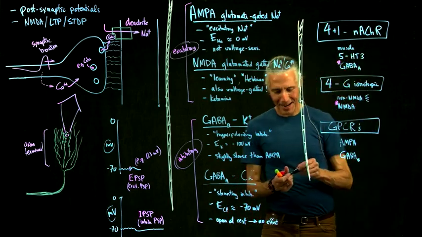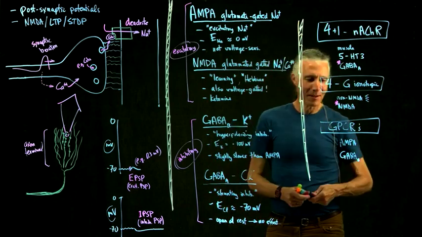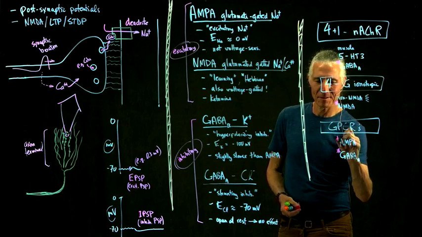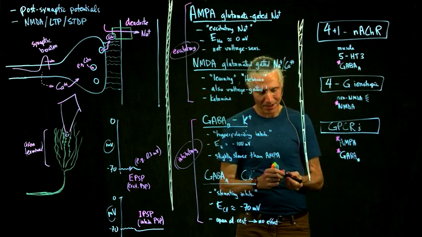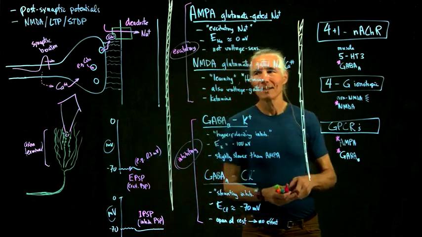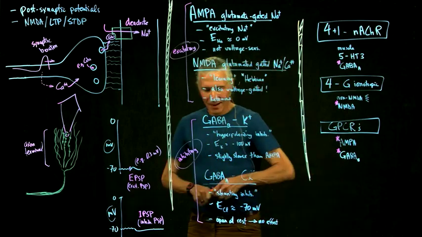GABAb. Okay, got it. Okay, so that's one that we talked about. That's the potassium channel. Okay, we talked about the AMPA. That was the glutamate. Okay, very good. Okay, so those are the structural classification, functional classification. Okay, so now let's